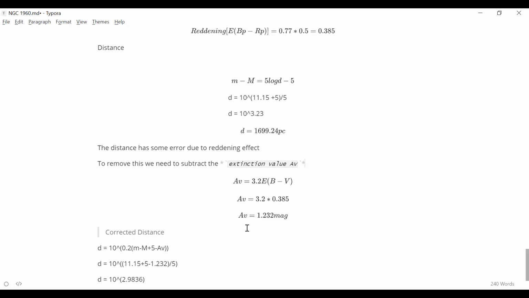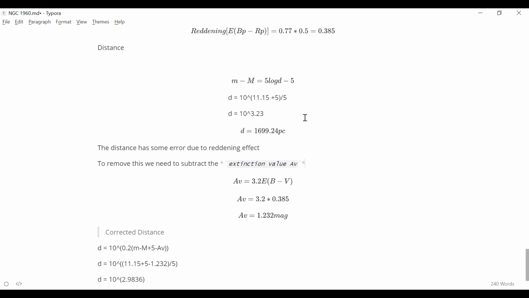I put the conversion up on that WhatsApp group also. So this EBP minus RP will be the amount of shift you have to give on the x-axis. On the y-axis, you are going to apply the distance modulus as well as AG. So the y-axis shift is going to come.